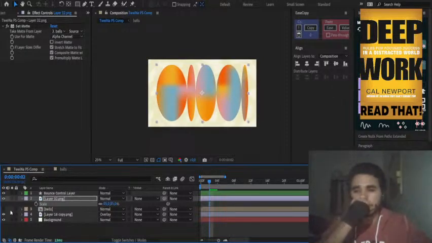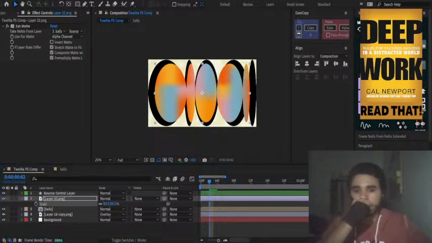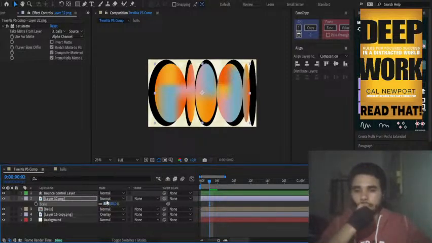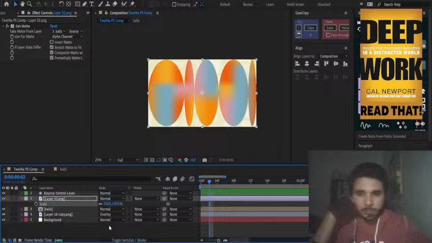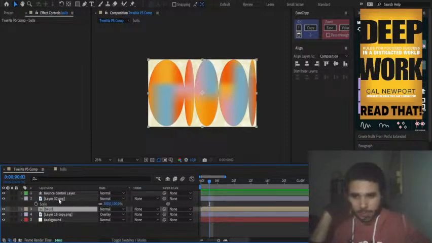This is weird. This is a weird behavior. Oh. Wait, let me try to understand this. This layer is taking the balls layer as a mat, okay?